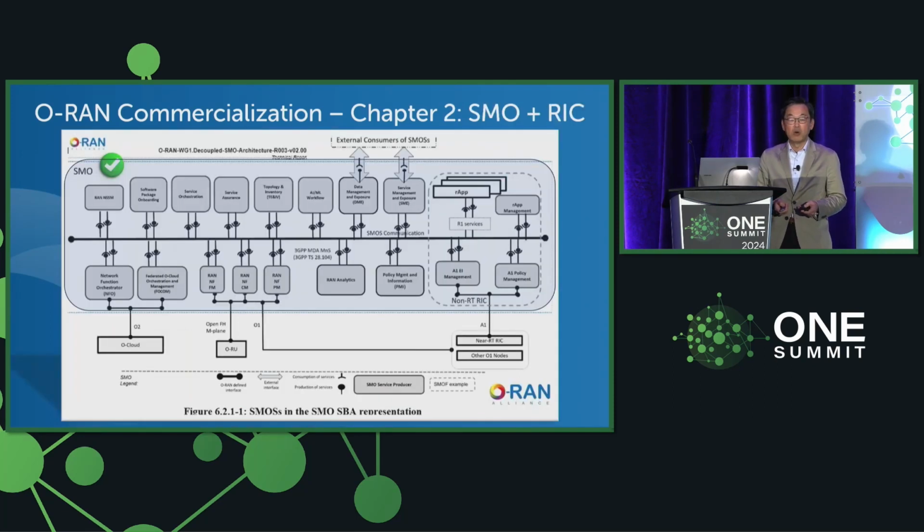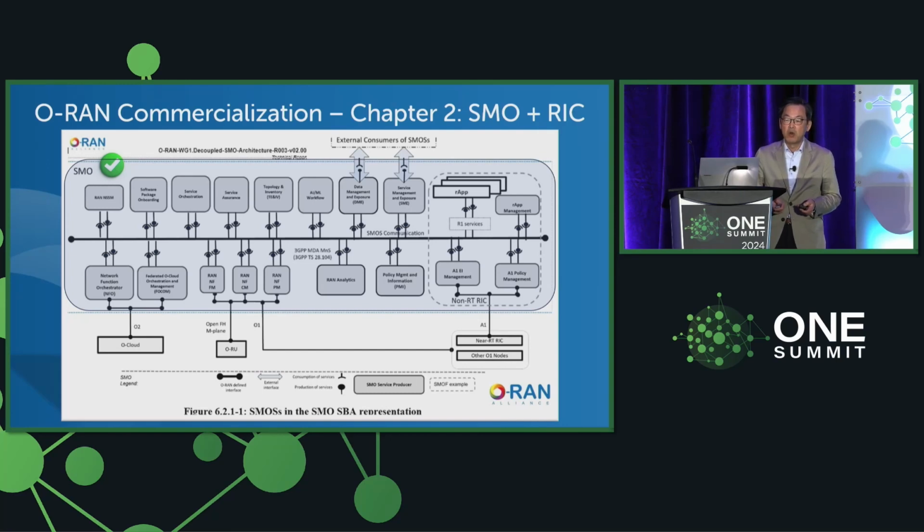Next is SMO. Once again, SMO is a service management and orchestration framework. This is a software layer. This is vertical disaggregation. It is another crucial component of the ORAN architecture, and this framework is designed to oversee and manage the various elements and functions within the ORAN network. So, key points. Number one, multi-vendor interoperability. Secondly, efficiency and scalability. Thirdly, flexibility. And lastly, innovation enablement. So that was the key